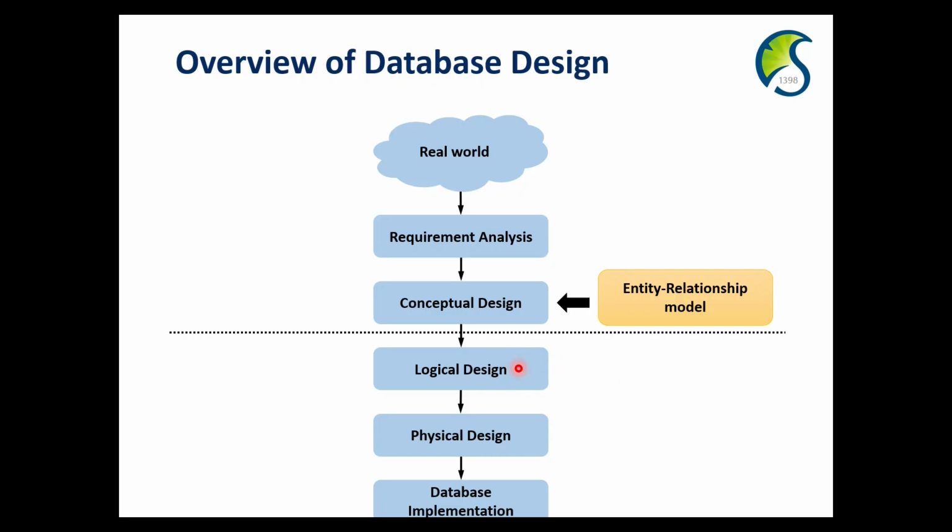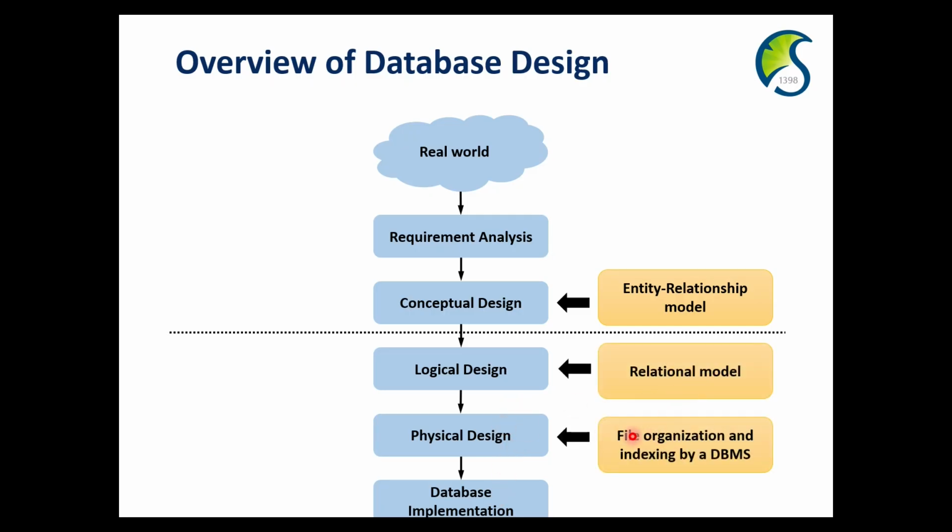And once we design the relational model, we can store the relational model in a physical way. Here, we can use the file to store the relation. We can use the file, and we may also need to use indexing. This is the overall structure. For each design, we use a different data model. Okay,